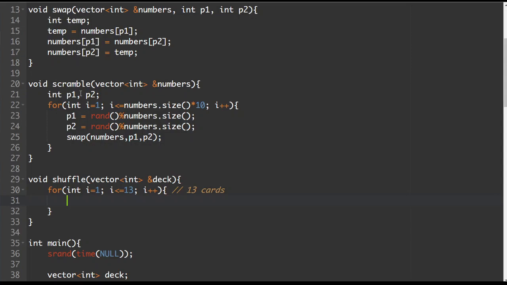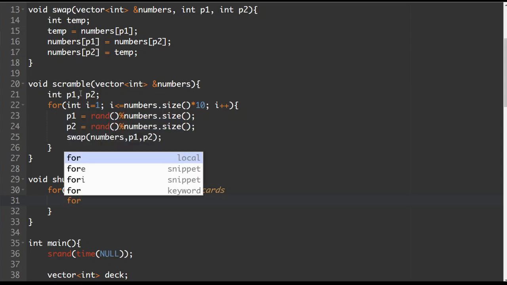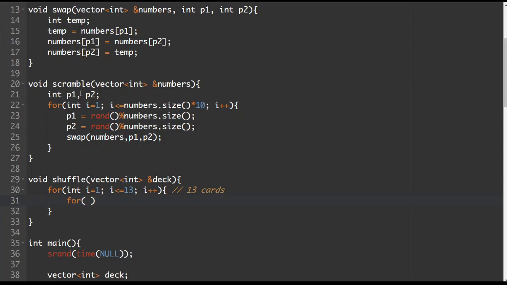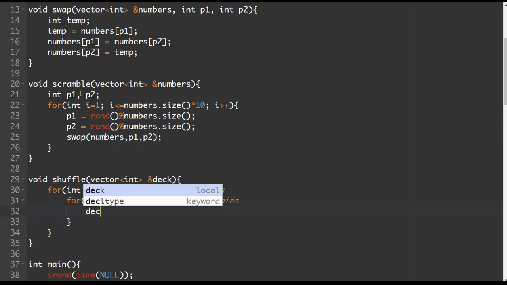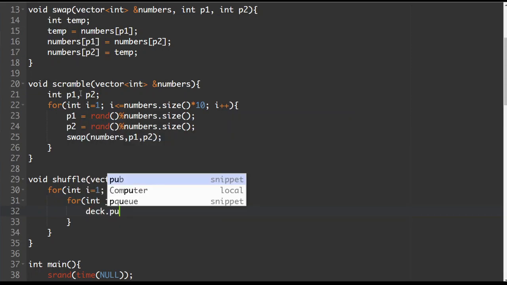Now, there are 13 cards. The important thing is that there are also 4 copies of each of those 13 cards. So what we want to do is create an interior loop that will run all 4 of the copies of the card. So j less than or equal to 4, j plus plus, and this is 4 copies. And then what's going to happen here is we're going to have deck.push_back